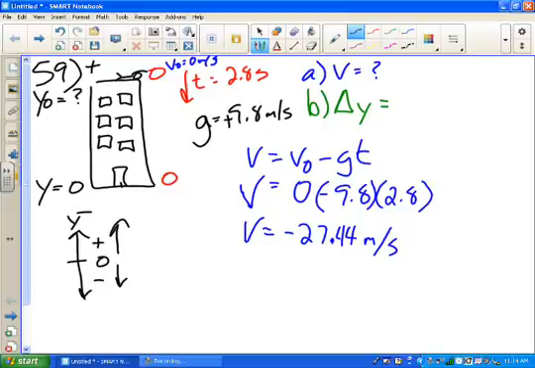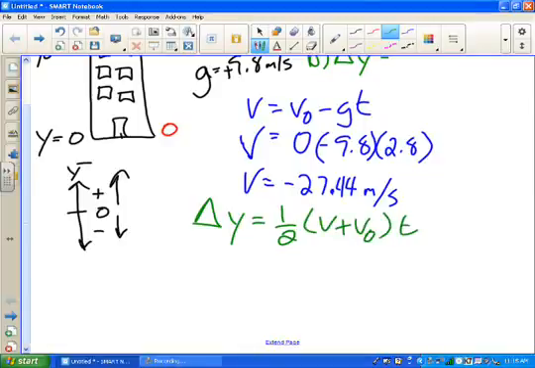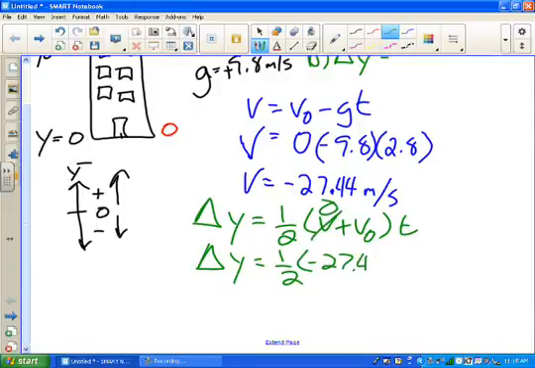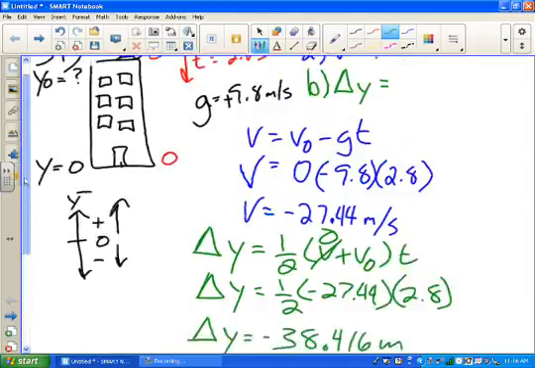For part B, we're asked to find the height of the building, which is delta y. So now that I know the final velocity, I know the initial velocity, I know the acceleration due to gravity, and I know the time, I look at my kinematic equations for free fall and see which one will help me determine that. There's one equation I can use: delta y is equal to 1/2 times v plus v naught times t. After I plug in all the numbers, I've got delta y equals 1/2 times negative 27.44 times 2.8. That gives me a negative